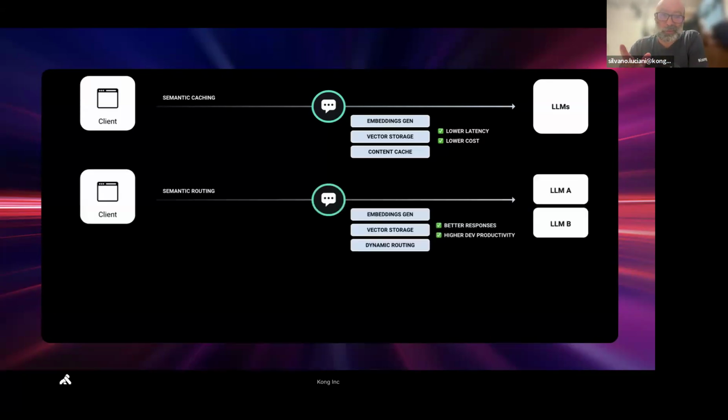So, pretty cool. Semantic routing is also a similar concept that is very interesting because imagine that you start having some different providers, or you realize that some providers are really good at replying to certain more generic questions, but for some questions that might be more specific to your domain, you want to build a model that is your own model, self-hosted, and make sure that all the questions that are in that domain go to that model.